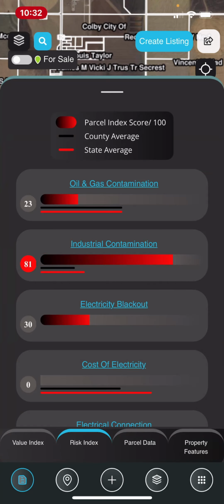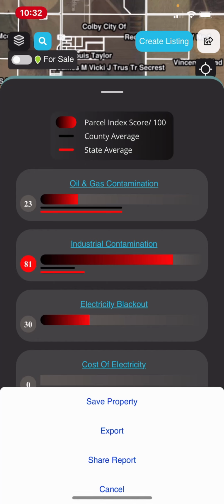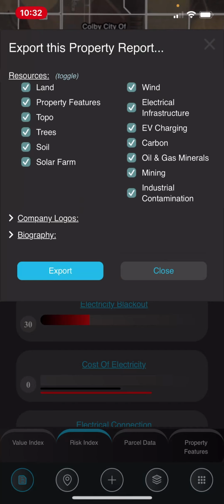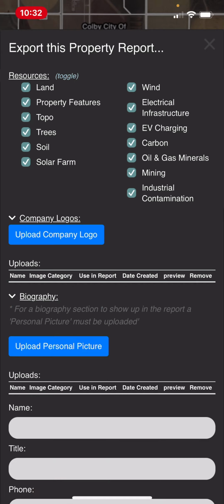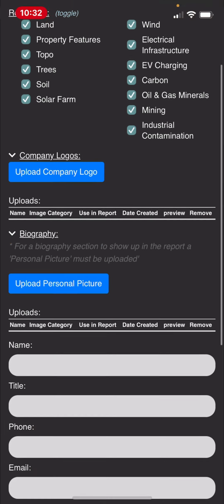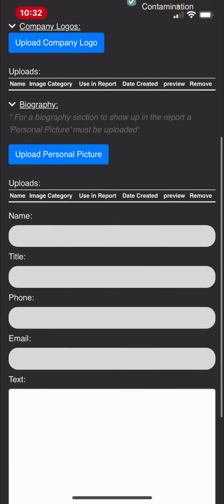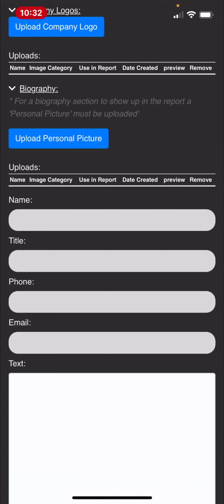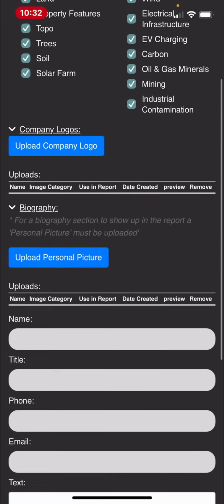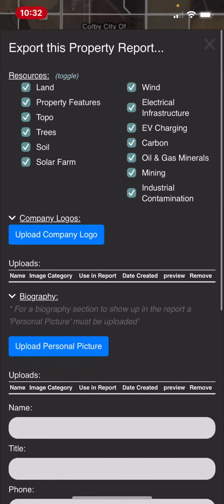Now, I want to view more information about this contaminant. What I can do is send a property report with the export button there. I can toggle on and include different company logos. If I'm a realtor, I can include some personal information, upload a personal picture, and I can even turn off